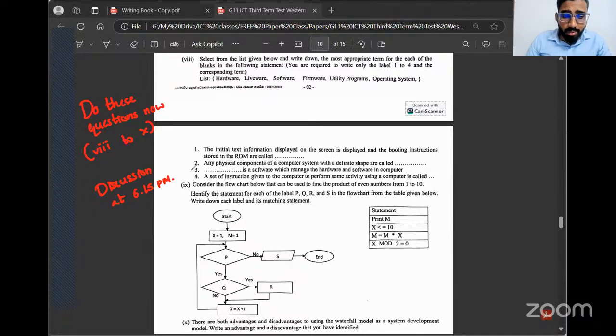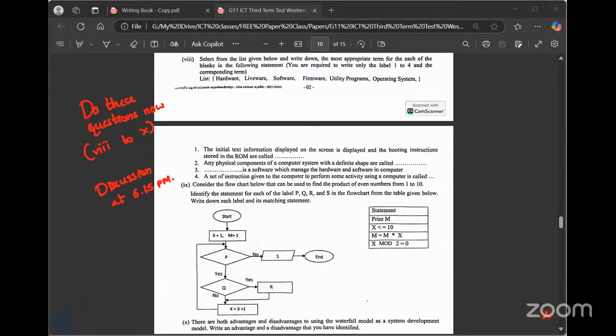I know 15 minutes is too much for this question. But 15 or 12 minutes is too much to do these questions. Anyways, enjoy doing it. Once you're done answering these three questions, raise your hands up in the participants list. I'm skipping the seventh one because the seventh one has a bit of unwanted stuff.